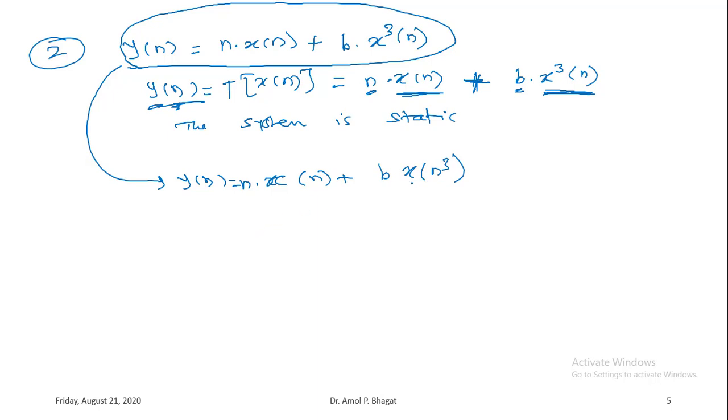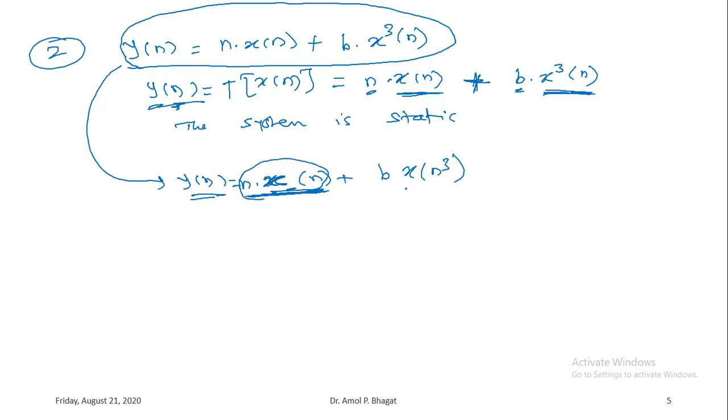What has been taken here is x of n cube. So in this case, how will you identify or classify this system, whether it is static or dynamic? So again, if you observe the output, in the first term, the terms comprising present inputs are available, that is, the output of the system depends on the current input